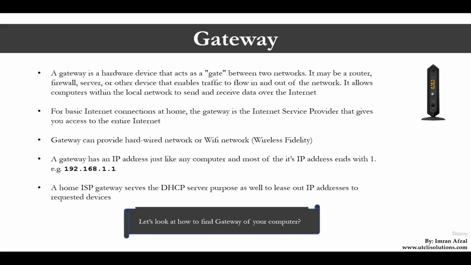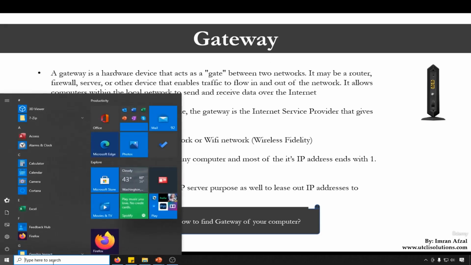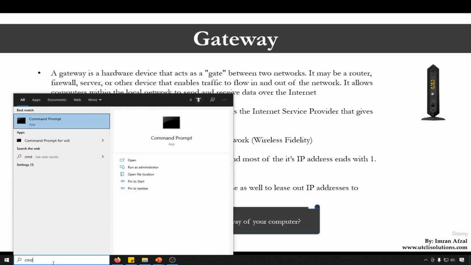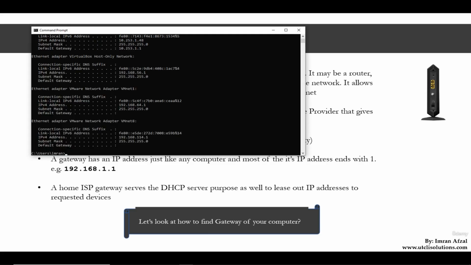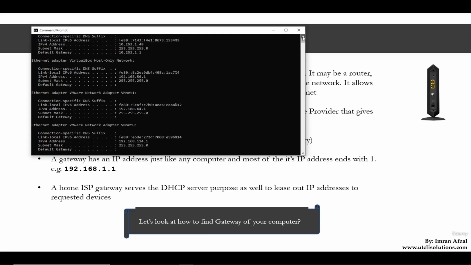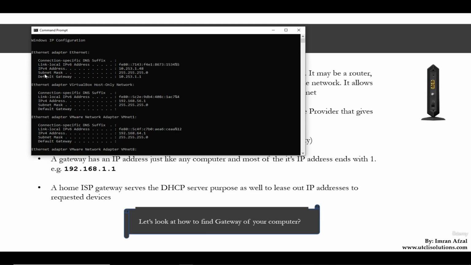All right, let's take a look at our computer and find the gateway, and what the gateway of my computer is. For that, you have to go to your start menu, open the command line, and type the command again, ipconfig. Scroll up, and right here you're going to see default gateway. My default gateway is 10.253.1.1, and my computer IP address is